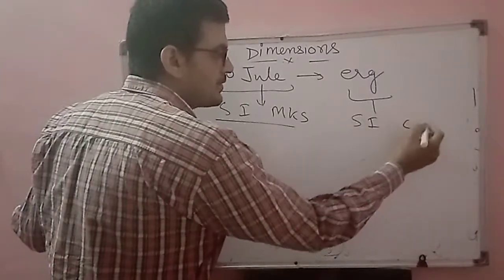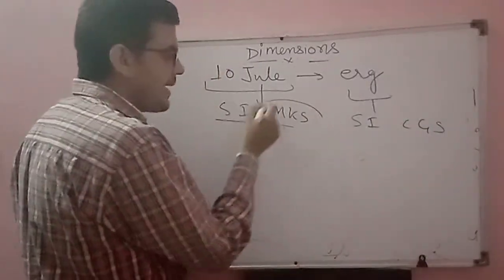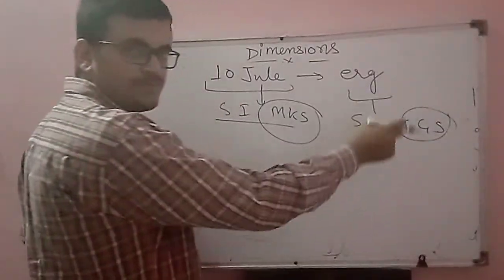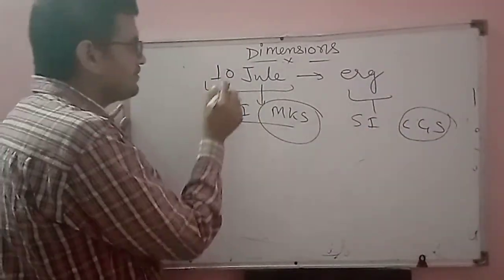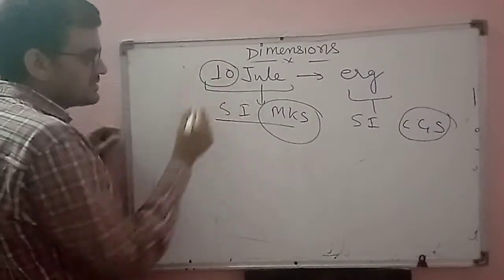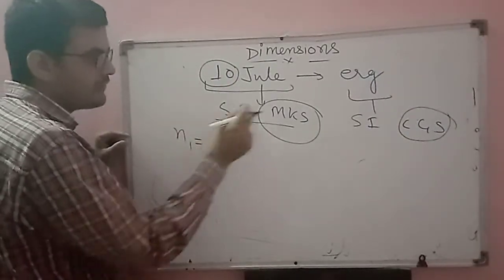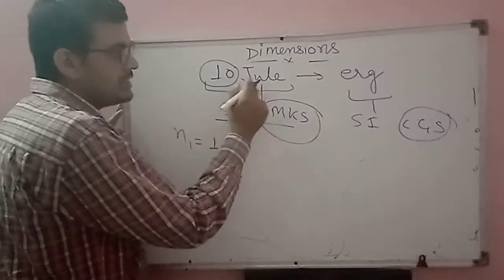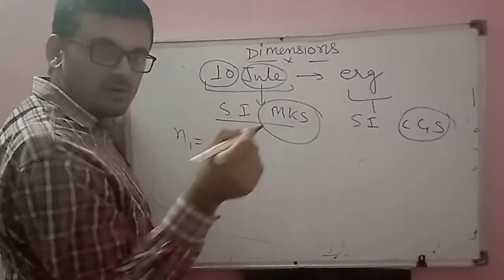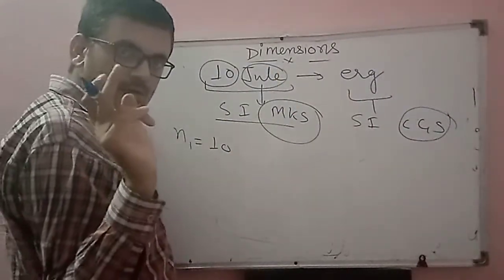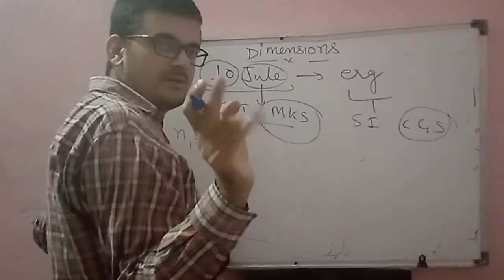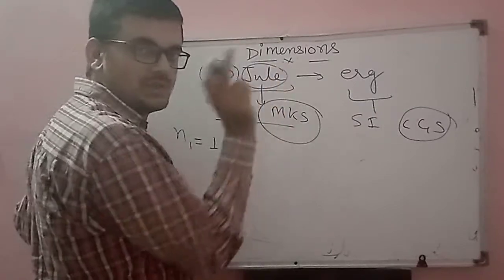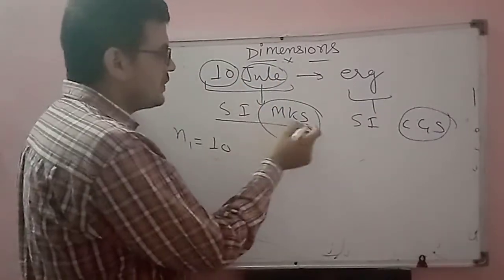Or simply you can say it is the MKS unit system and this is the CGS unit system. Okay, and student, this 10 is the numerical value in the MKS system, or SI unit, and joule is the unit of work. So in work,